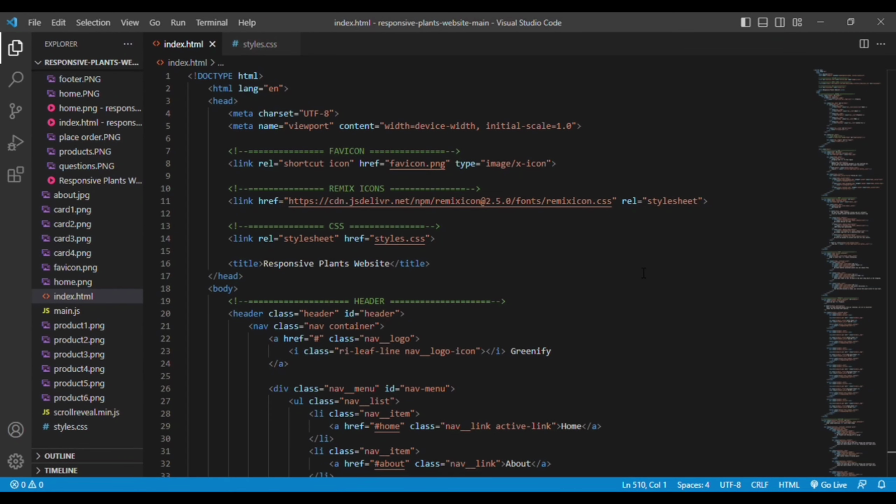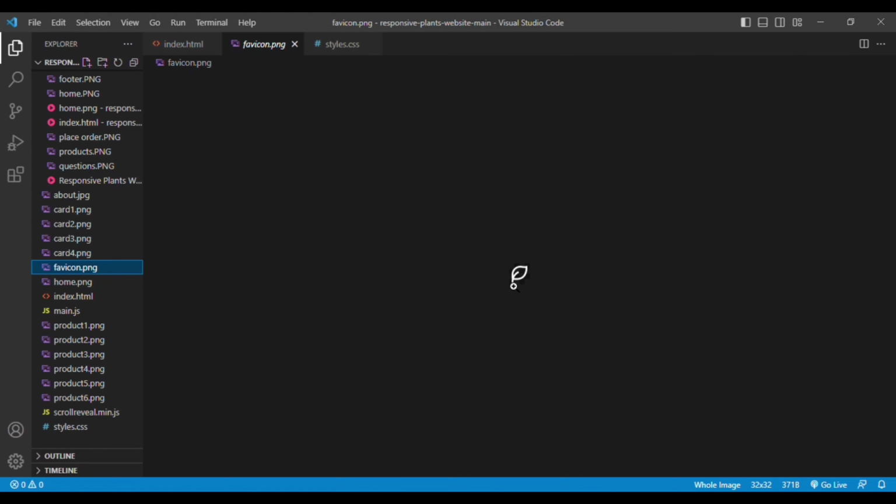Hello everyone. Now let's start going through the code step by step. Right now we are in the index.html file. You can see the header tag. In the head tag, we only add meta tags for SEO purposes, and we link the favicon png, which is the leaf icon I've used. Then we will link